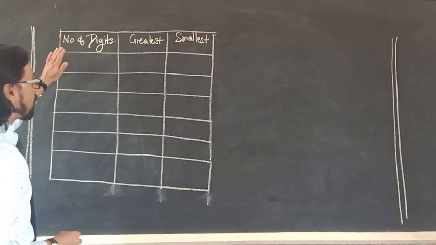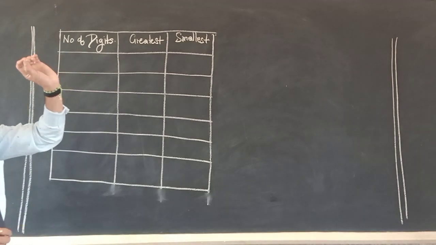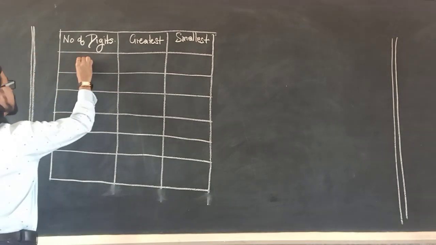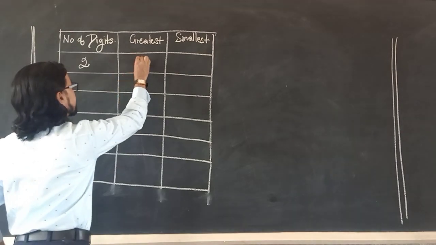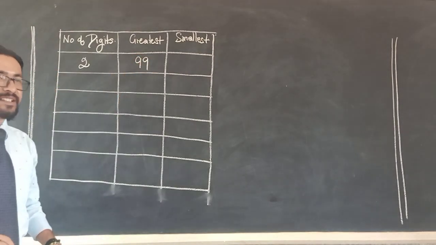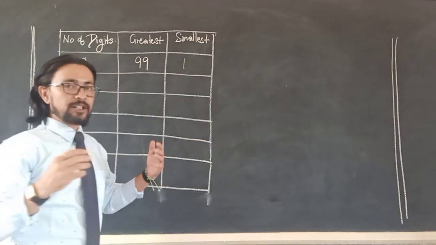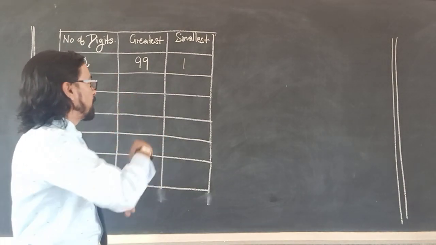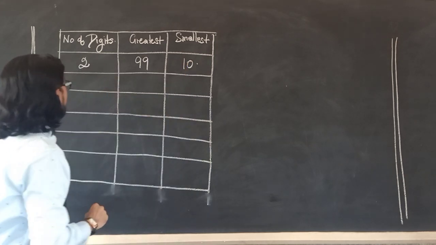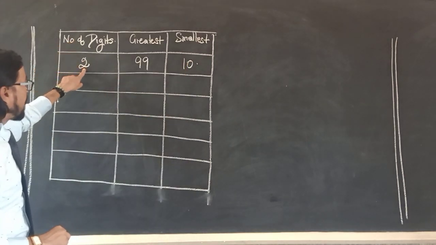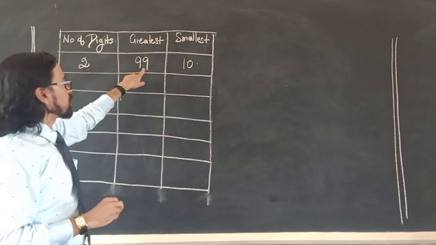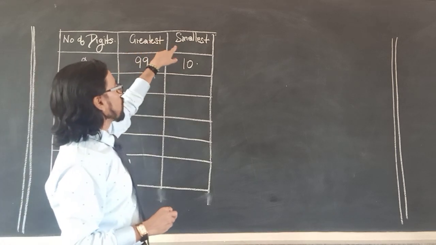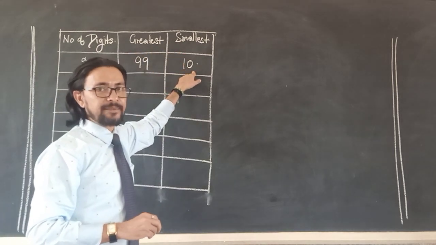Now we will start with the smallest. We won't go into single digits. We will go into double digits. If the number of digits is 2, then which is the greatest number of 2 digits? It's 9 and 9, 99. And the smallest, as I told you, you have to put 1. I cannot start a number with 0, so I have to put 1, but immediately after 1 I can put 0. So in a 2-digit number, the largest of all 2-digit numbers is 99 and the smallest of all 2-digit numbers is 10.